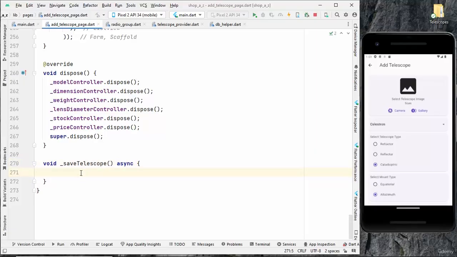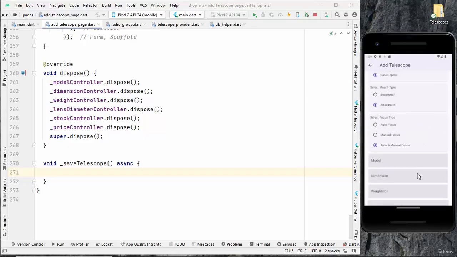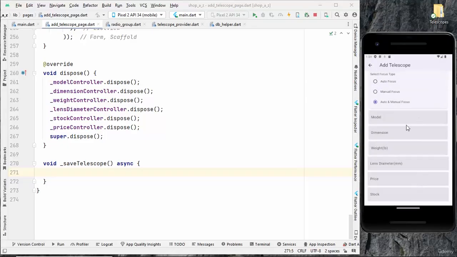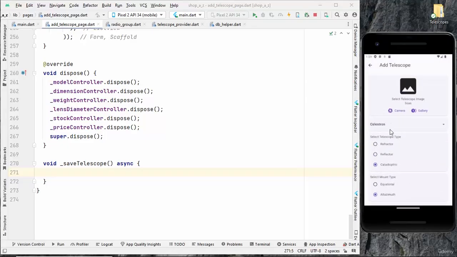And first of all, we need to check the form validation. We need to call all the validator functions from this text field as well as the validator function from this drop down list. So let me write if this form key currentState validate, if everything is okay, every value has been supplied, then it's time to retrieve all the values from every section and create a telescope object,